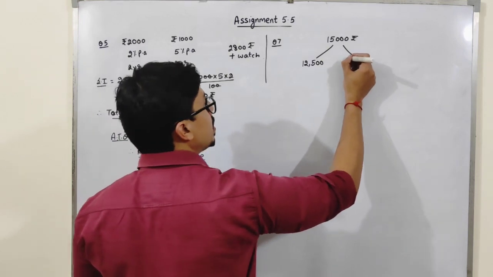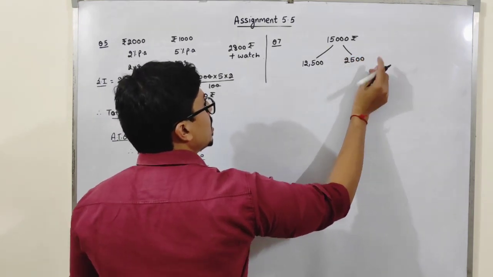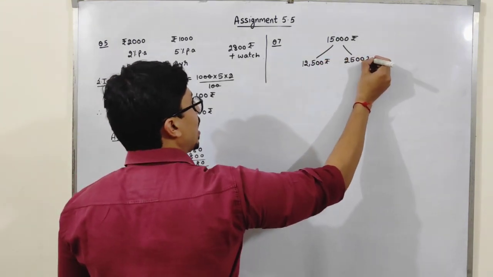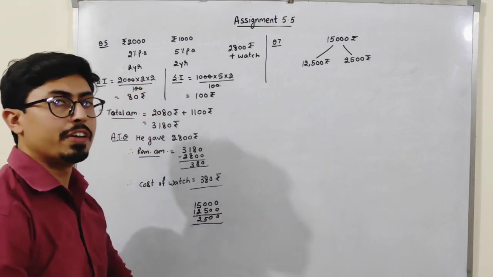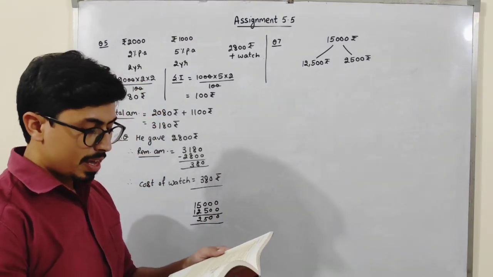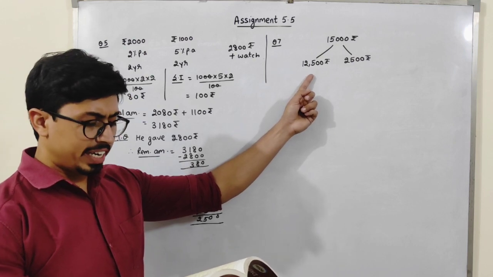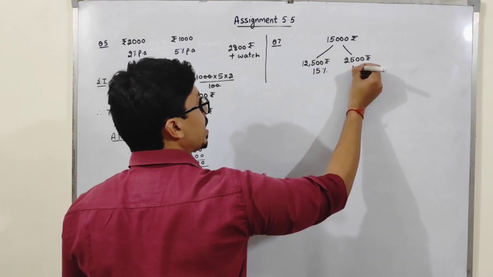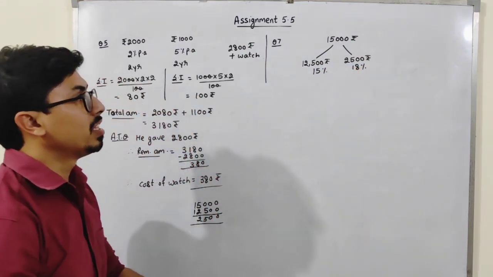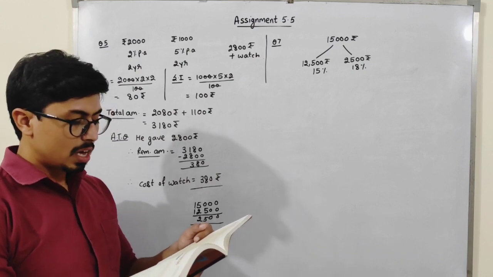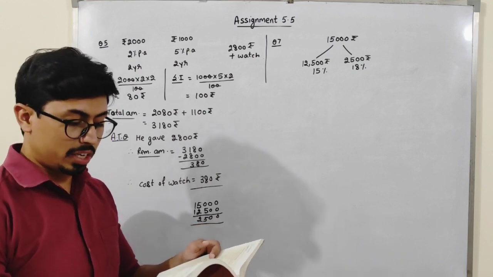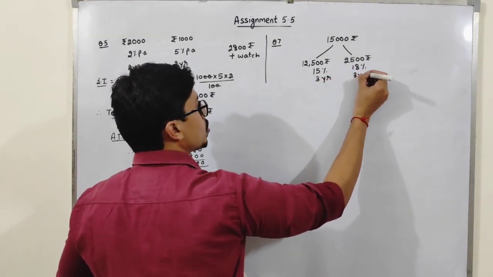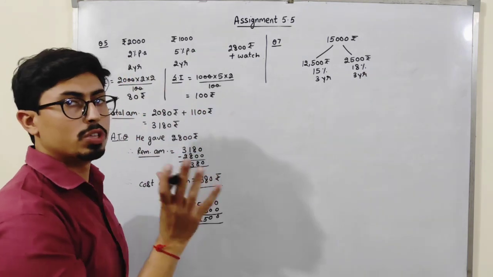That means 2,500. So he divided this particular amount into two particular amounts, because he lent these two different amounts at a different rate. See, he charged interest of 15% on this. In this he charged 15%, on this remaining he charged 18%. Okay, in these two he charged two different rates. How much interest did he earn in 3 years? I have to find out the interest. So for this also, the time is 3 years, and I have to find out the total interest.